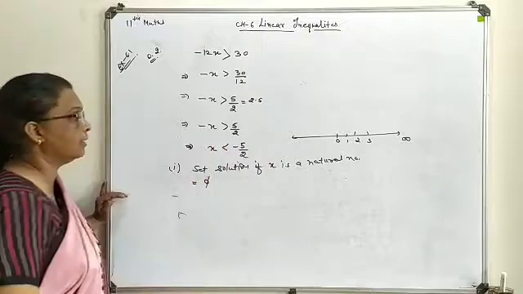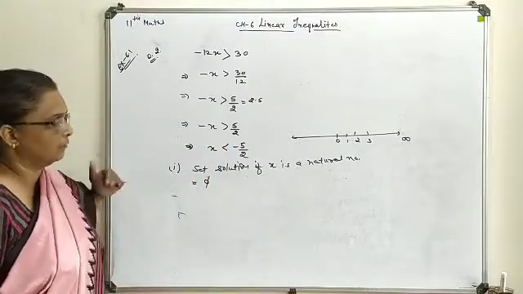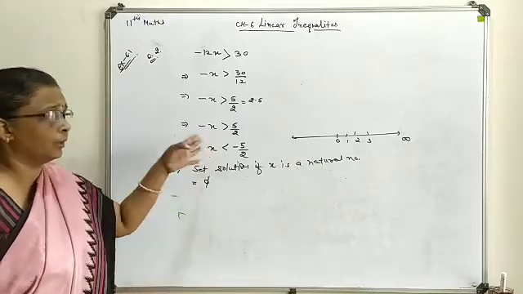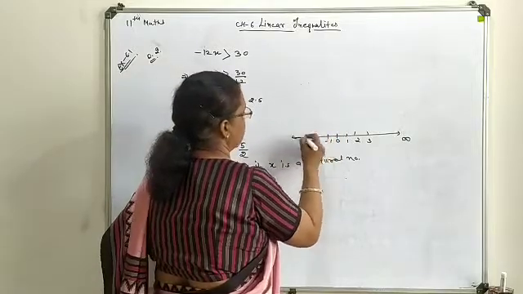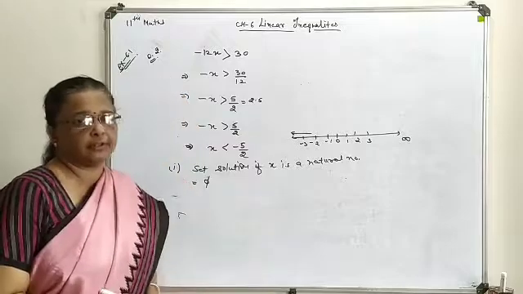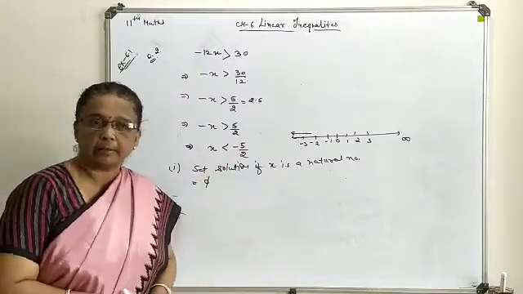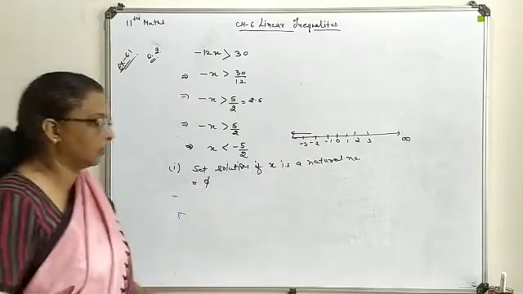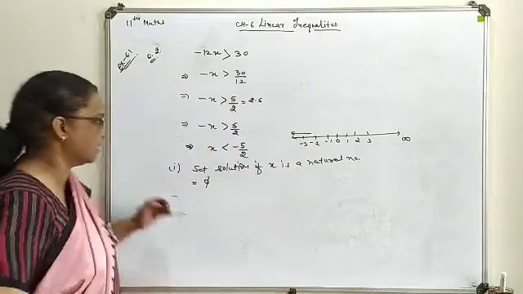None of the elements comes under this criteria, because first, x is less than minus 2.5, meaning this is your minus 1, this is your minus 2, this is minus 3. So below this range you have to define your answer, and for a natural number this is not possible in real practice. So this solution will be a null set. Now the second part is being asked, that your x is an integer.